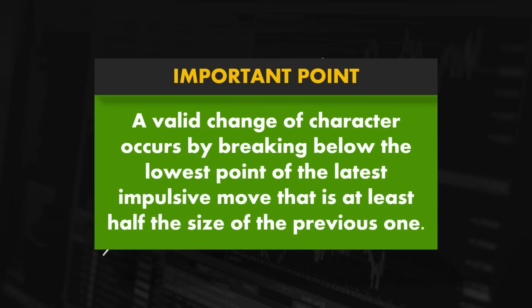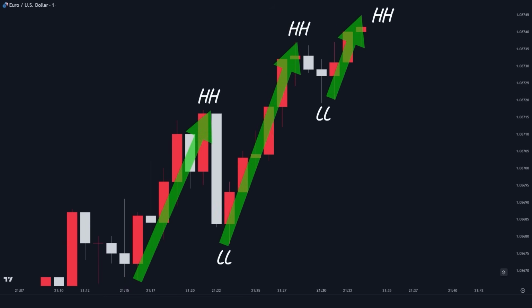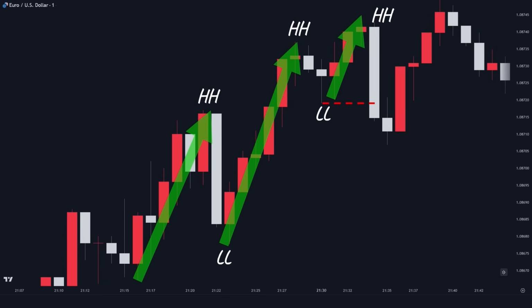A valid change of character occurs by breaking below the lowest point of the latest impulsive move that is at least half the size of the previous one. For example, look at this chart. If we apply the concepts of market structure, we would have 3 impulsive moves like this. All of them have created a new high, so breaking below the source of each one is considered a change of character. But look at the size of the third impulse. It's barely even half of the previous move. So in this case, if the price breaks below the swing low, we won't consider that as a valid change